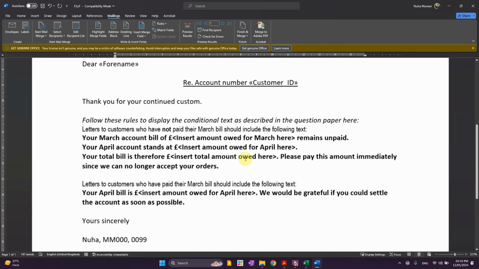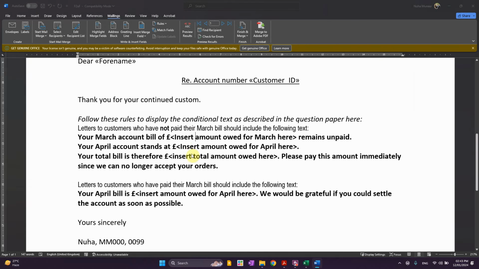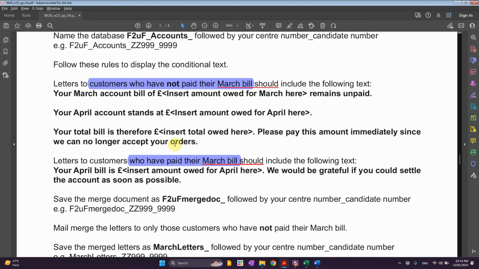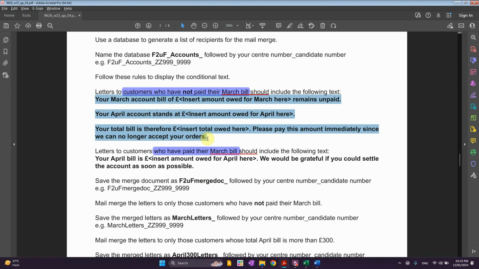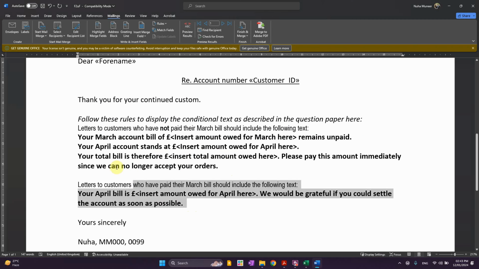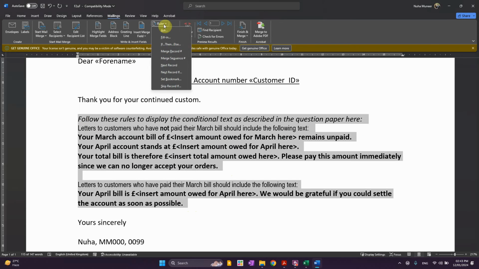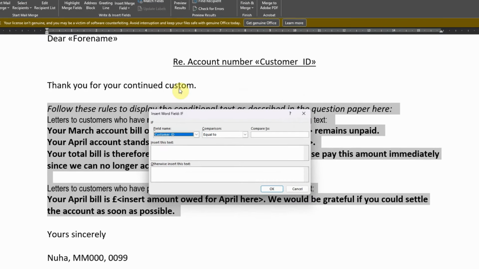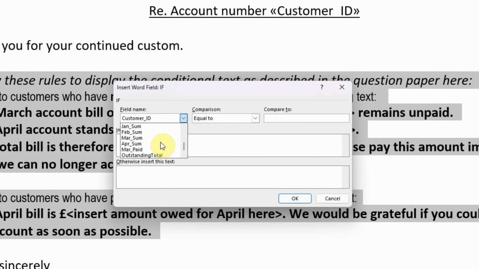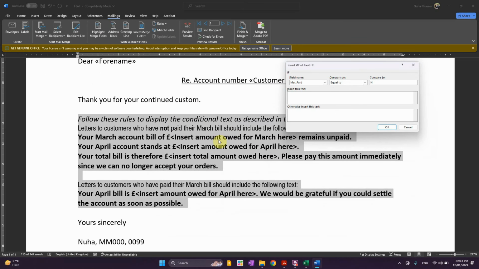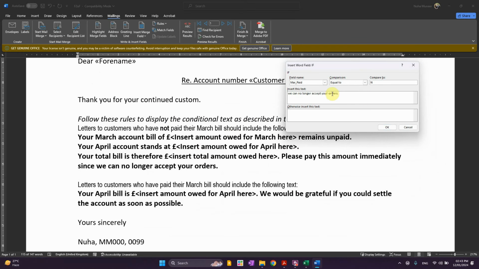Okay, here the condition is supposed to be the same as in your question paper. You can just delete it and just read it from here. So I'm just going to say for the people who have not paid and the people who have paid. Okay, so I'm just going to delete this whole thing here. Let's go to Rule, not this one, If...Then...Else, and let's make it March paid or not. So if it is equal to no, the people who have not paid yet for March, what we're going to do, we're going to tell them,